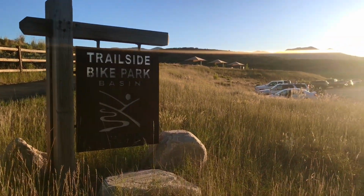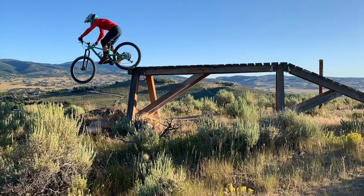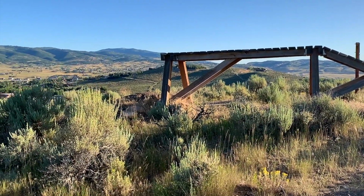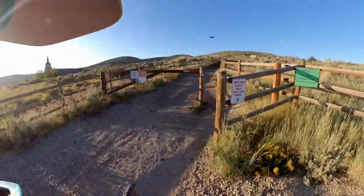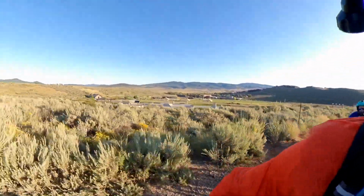Trailside Bike Park, Park City, Utah. This place is awesome. On our recent 5-day trip to Park City, we loved this place so much we actually went 4 different times. It's a short, roughly 5-minute pedal up to the top on this gravel road,